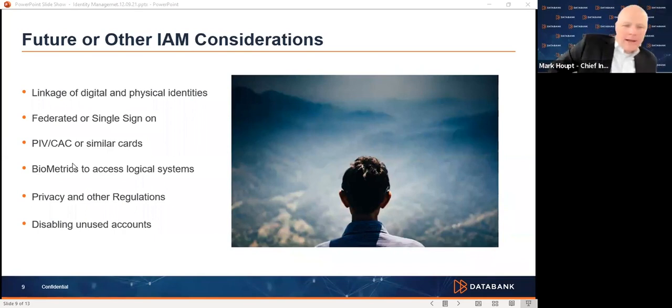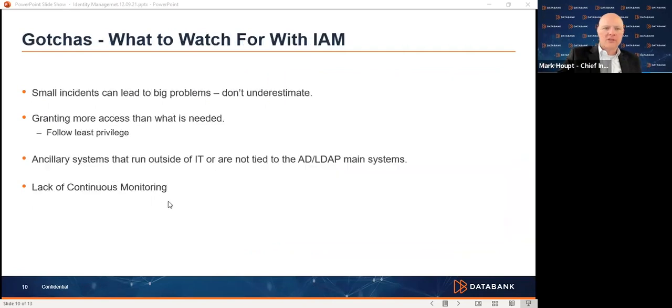And then another thing that you should be looking at now, but is going to be a considerable consideration in the future, is how often and how frequently we're reviewing reports and disabling unused accounts. Right now, a lot of our applications out there on the internet just leave the identity out there forever. If you've gone to a college or university anytime in the last 10 years, you probably still have an email and still have access to that because there's marketing and there's, hey, come back and do more school, and so on and so forth. So we're going to really have to be taking a look at how these stale accounts are potentially sitting out there and causing vulnerabilities within our organizations.